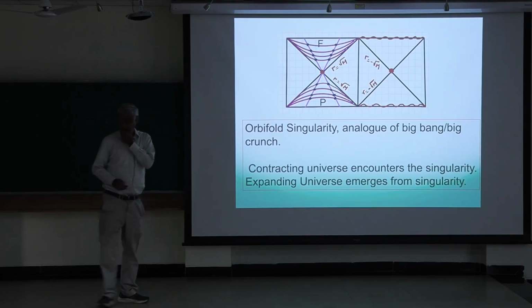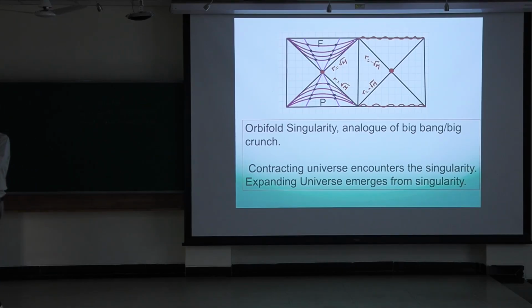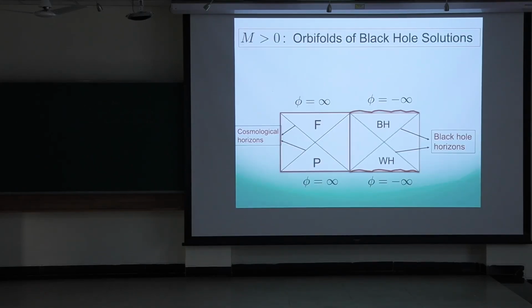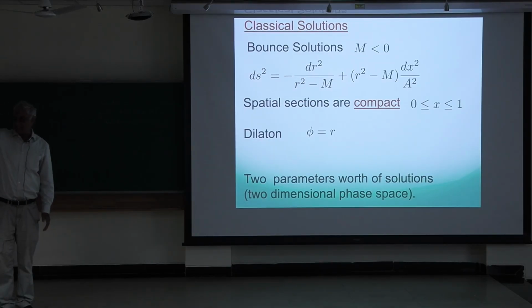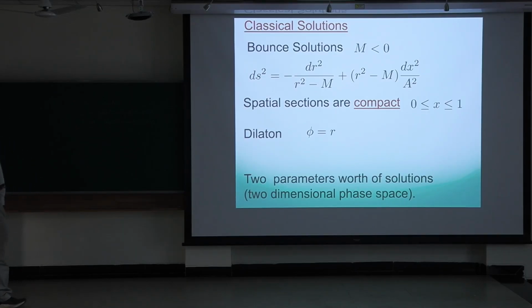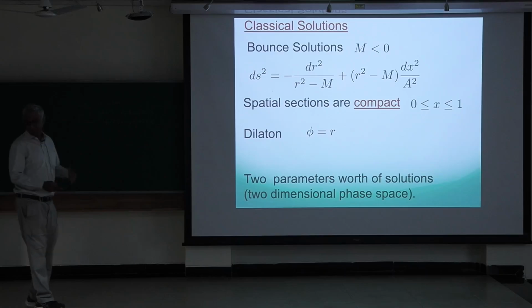Is there a reason why in the deSitter region this R looks like a time-like coordinate? Is there a reason why you're calling it R? I picked that for the other class of solutions, and the dilaton varies along R. So that's the way to think about it. I've chosen a coordinate which I call R, but the physical meaning of that coordinate is that as it changes, the dilaton changes. But you're right, it is a time-like coordinate. G_RR is negative in sign. Yeah, somehow we chose that convention.